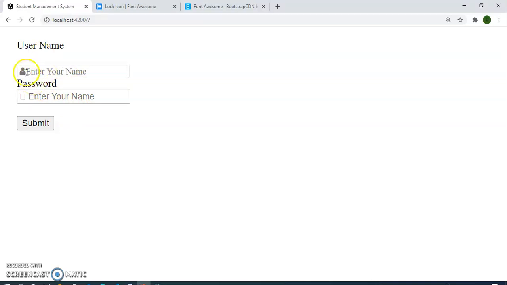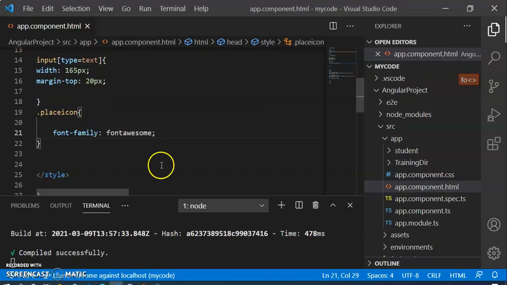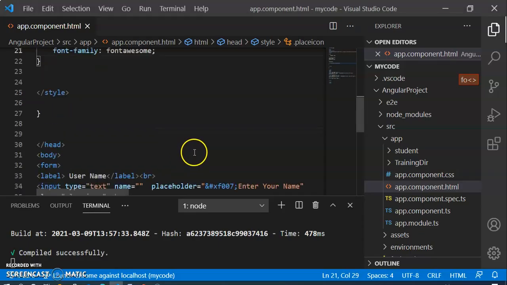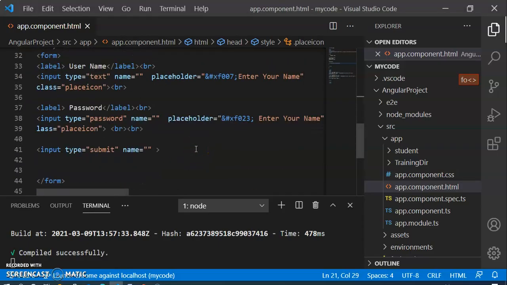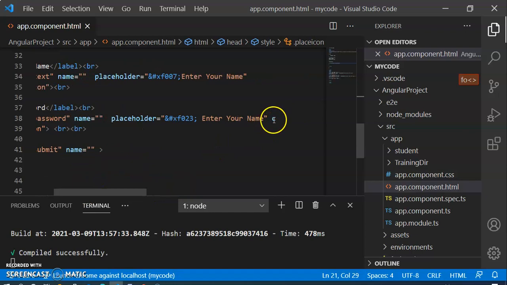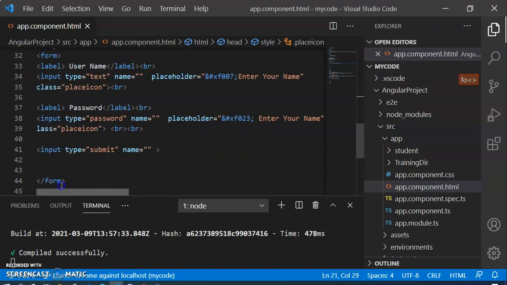In the username we got the user, but in password we did not get it here. To get it in the password we have to write something also. Okay.